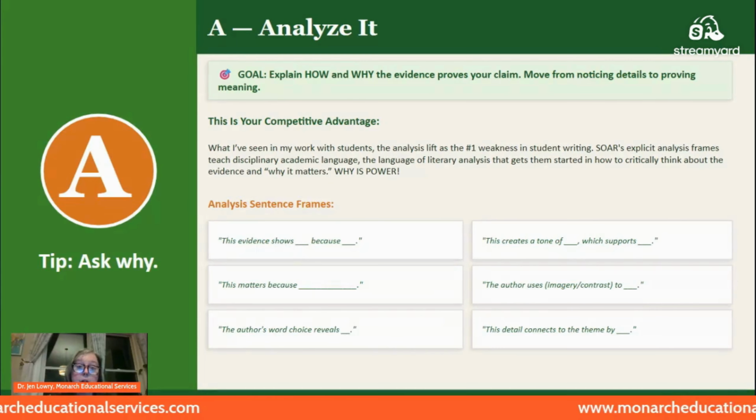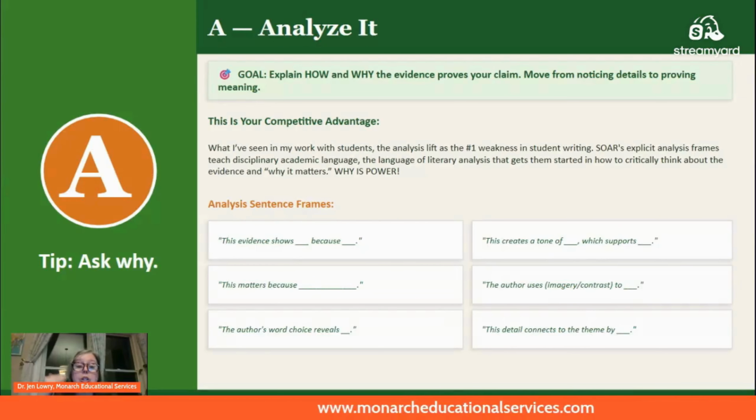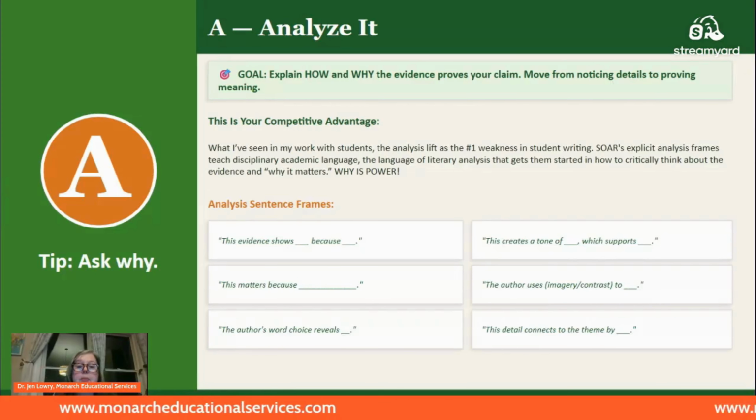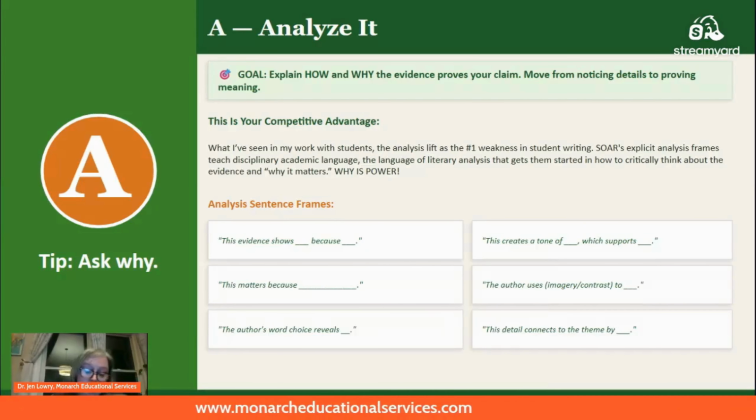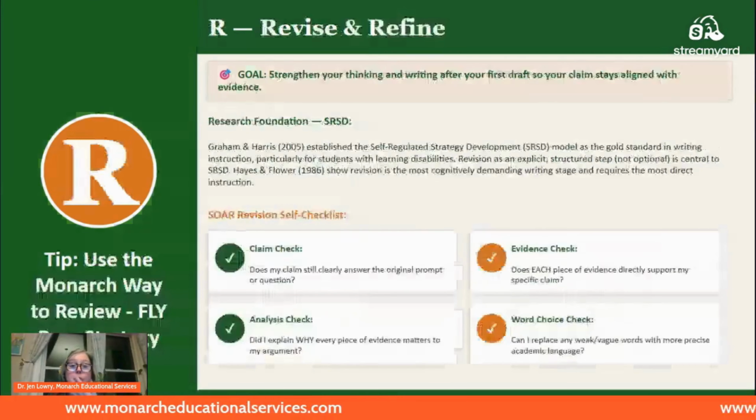This is our overview. This might be all you need. You just might need the SOAR framework. You just might need these scaffolds, me explaining it to you in this high level overview, and you're good to go. But I am going to set up a video series, and analyze it is going to be a part of it. Each one is going to be broken out of our 4-step framework.